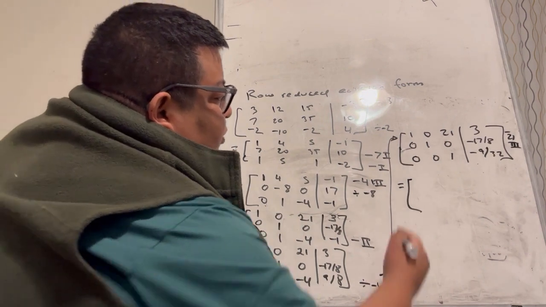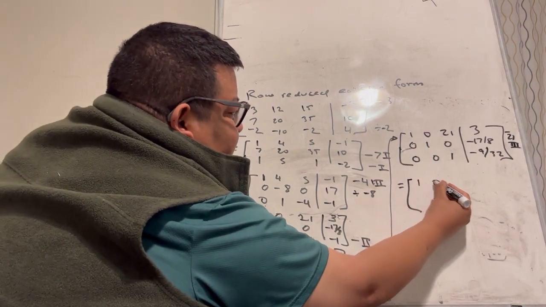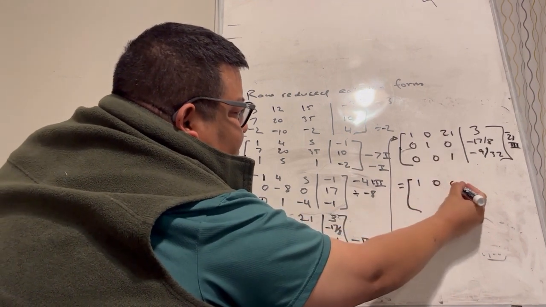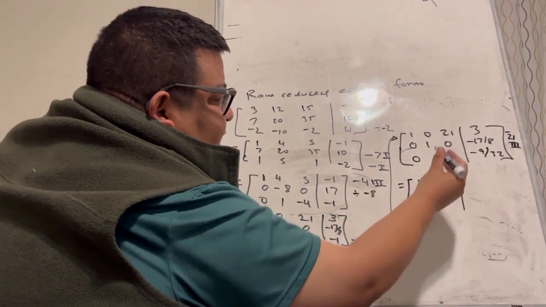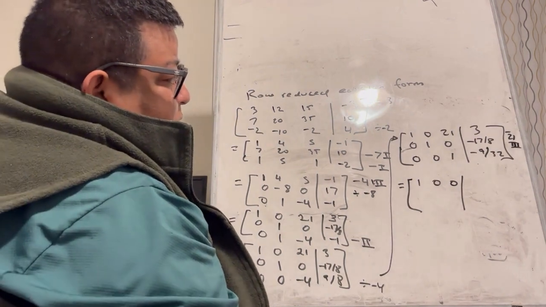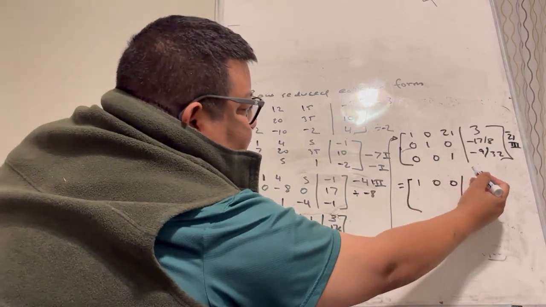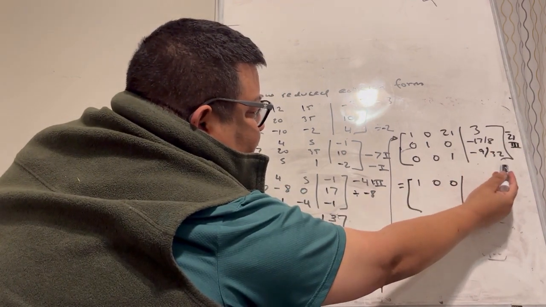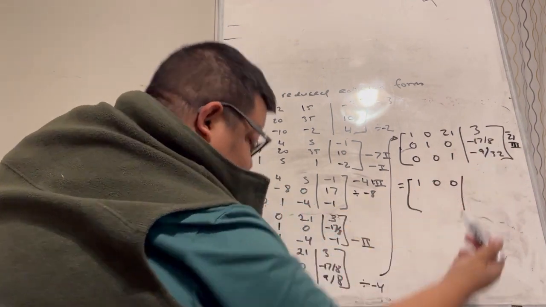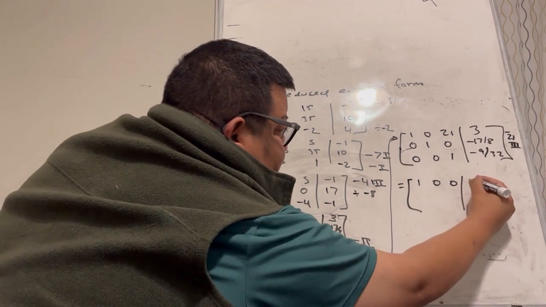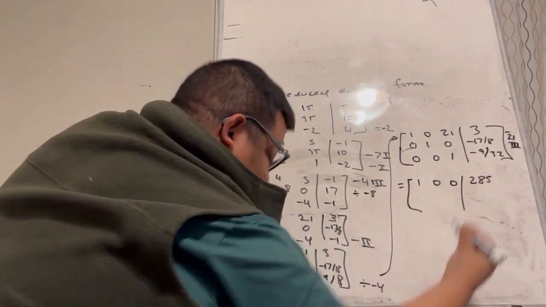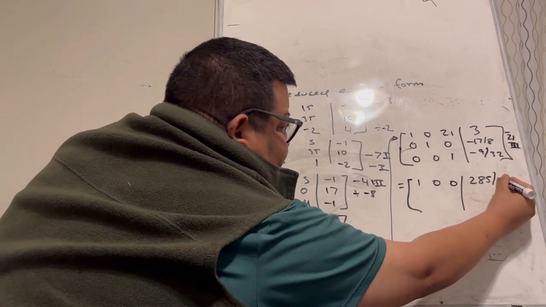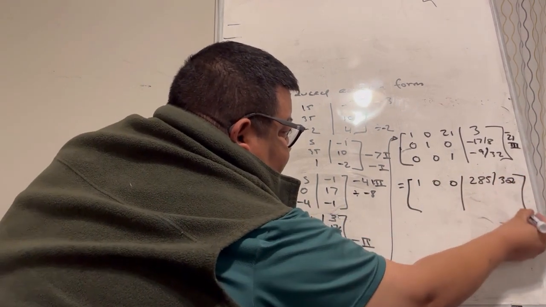Okay, so the first one stays the same, the second the same. -21 plus 21, that gives you 0, and then 3, and then if you do the math here, negative 21 gets multiplied by negative 9 over 32, and then you add it to 3. That gives you 285 divided by 32,